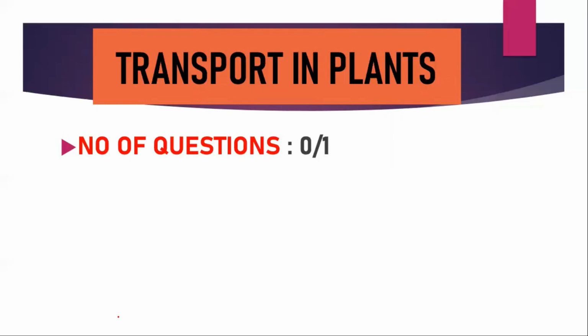These two are very important. Sometimes the question goes very simple, like an example of a positive hydrostatic pressure, an example of a negative hydrostatic pressure. The question goes even very simple like this. So mainly focus on problems with DPD and also the mass bulk flow hypothesis. This will suffice for this chapter. Next,